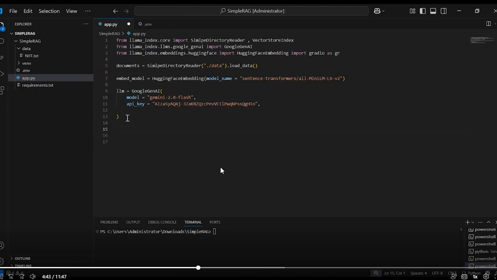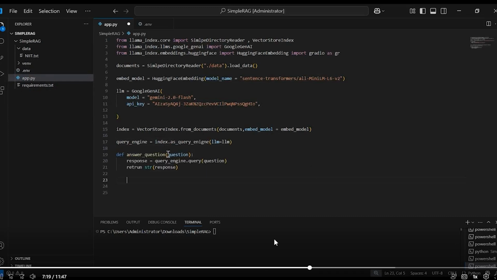And then we will build a vector-based search index from our loaded documents, which allows faster semantic retrieval based on user queries. And finally, build a Gradio web interface. How? Create a lightweight web app with a text box for the user to ask a question, a text output area for the answer, and a title and description to guide the user.